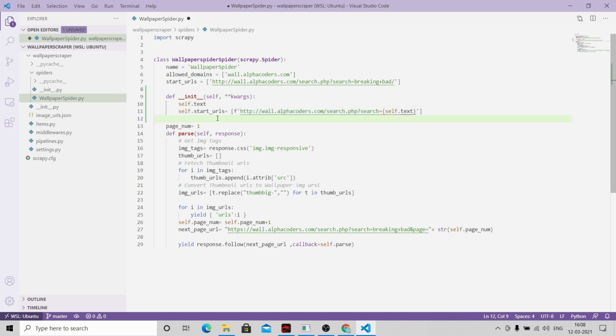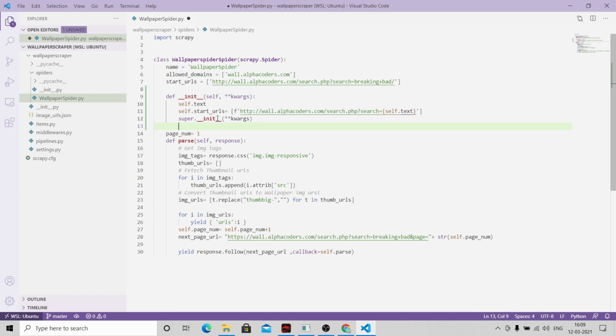All right, and there's a standard we need to follow whenever we are working with keyword arguments. We need to call the constructor of the superclass. So that is super.__init__. Now we can remove the start URL.